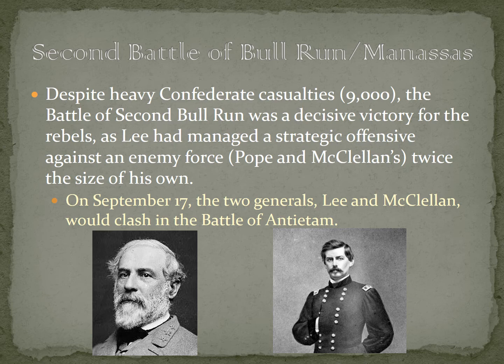Okay, what basically happens is that Lee had sent Stonewall Jackson and part of his army off to Richmond, as I understand it, and he is writing a letter to his commanding officers, and he's written this letter out to them, and he's wrapped it around in a cigar, put it in a cigar box, and sent it off for transit. Well, along the way, the cigar box is dropped, and the Union picks up the cigar box,